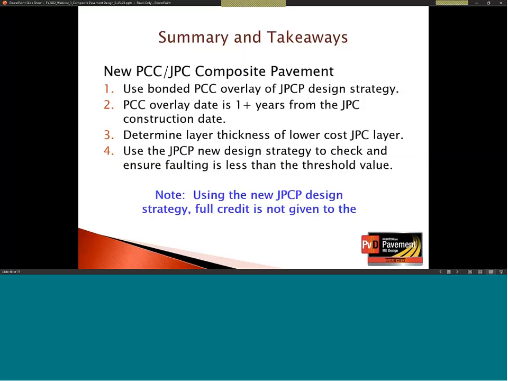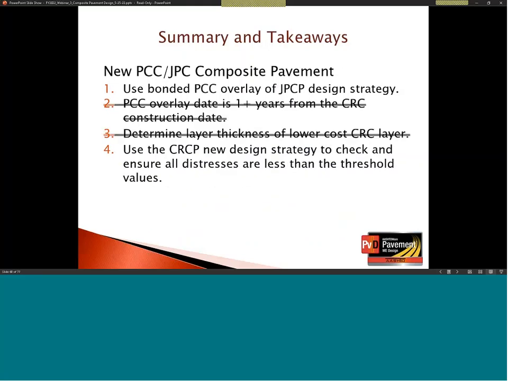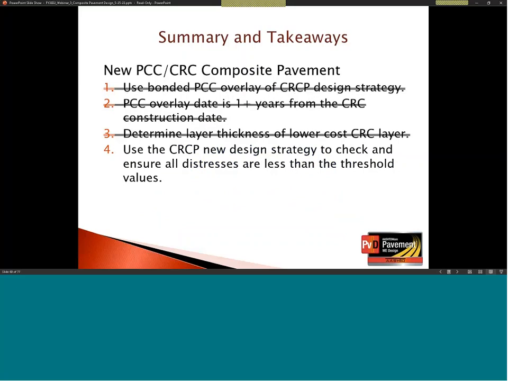Go forward. Using the new JPC design strategy, full credit would not be given to the higher quality PCC, bonded higher quality PCC surface layer. Next slide. This is the PCC, bonded PCC over CRC. You can see that I have the first 3 crossed out, and that based on that decision tree highlighted section. And what I basically go forward, Booter,